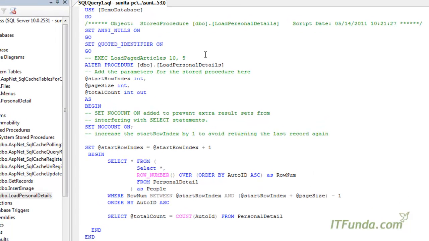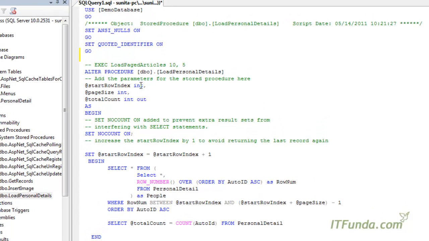And this stored procedure basically accepts 3 parameters. The first parameter is a start row index. It means from which row index I want to start retrieving the records from the database table. Page size is nothing but how many records we want to show in one page in the grid view, and